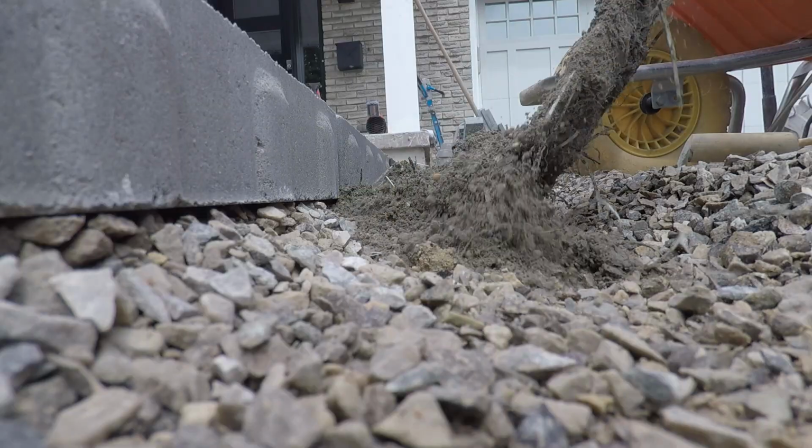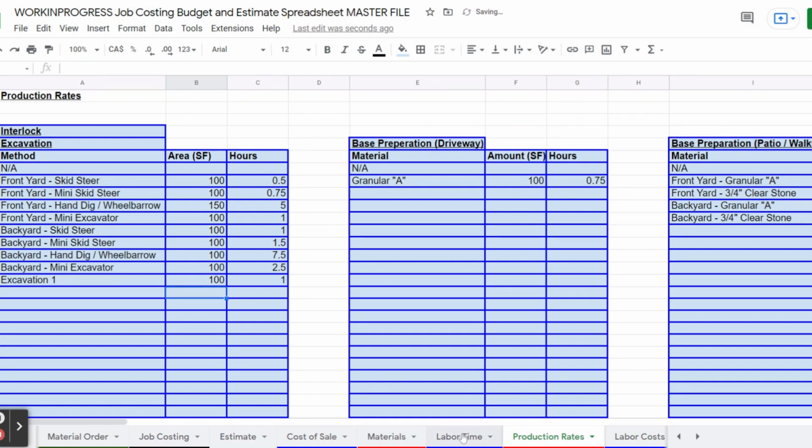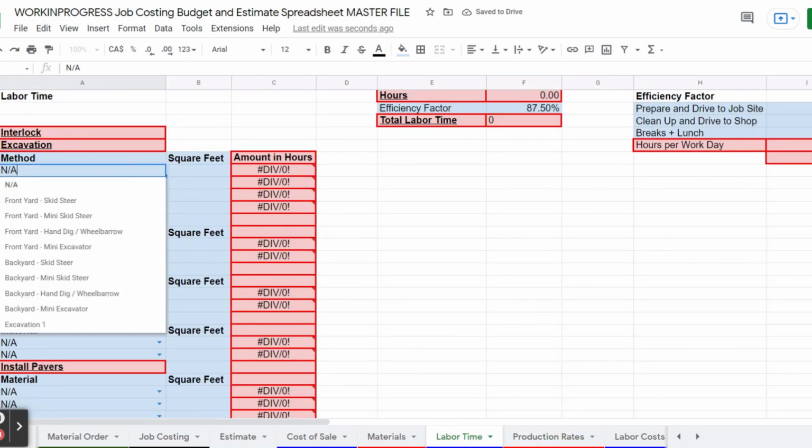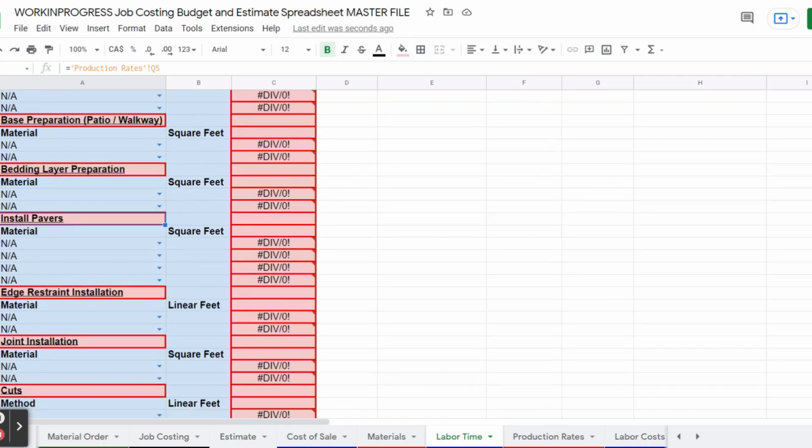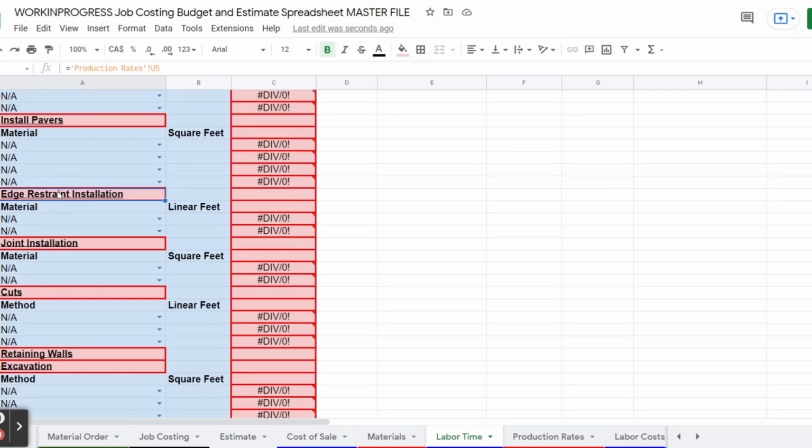So I'm going through quoting a project and I'm going from excavation to base prep to screeding to laying to polymeric sand to edge restraint, and I'm going through each of these and I'm saying, if I'm quoting now a 1,000 square foot patio, I'm saying, well, the 100 square foot patio took me 1 hour to do the excavation. That 1,000 square foot patio is going to take me then 10 hours to complete that excavation. That's where the production rate helps. Now that's not exactly a perfect real world scenario, but that's kind of the gist of how those production rates will help you each step of the process and to ensure that you're including each step of the process.